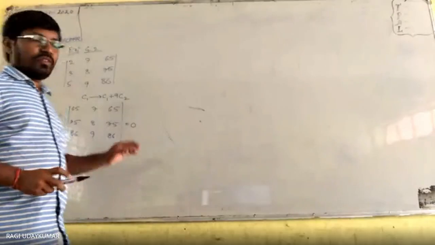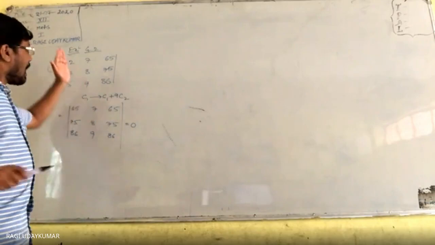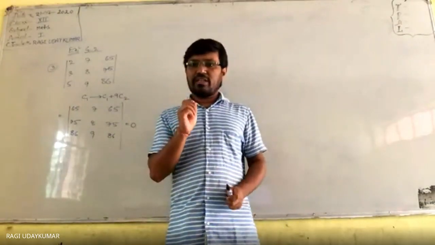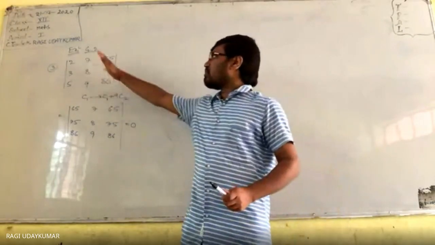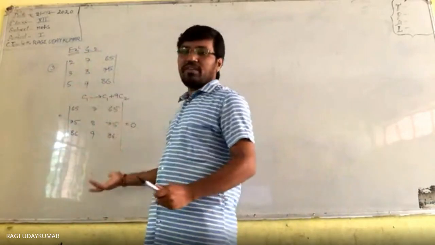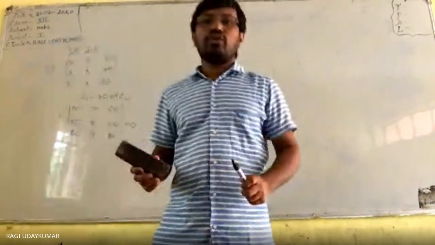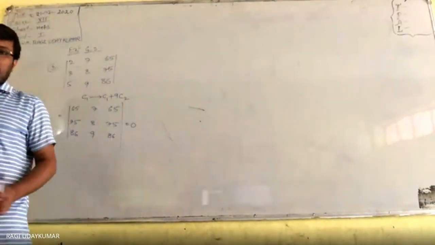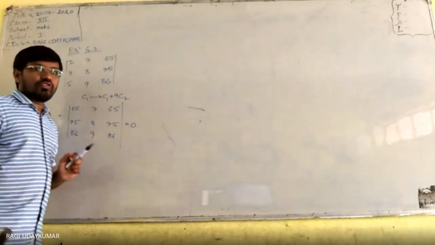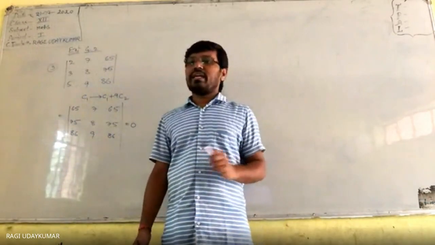Okay. C1 tends to C1 plus 9C2. Why? See here, observation is most important in determinants and in applying the properties. If you observe properly, you can see the relation between these two columns. So in one step only we got the solution. This is the one I told you to try. If you get any other idea, you can implement it also. You cannot solve it in only one way. You can solve these problems in multiple ways. Your idea may be different from my idea.